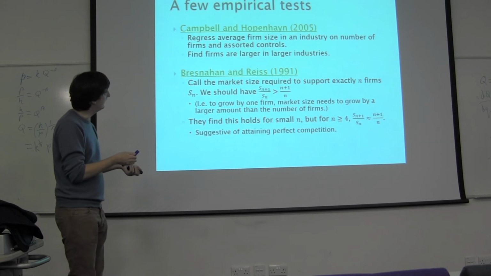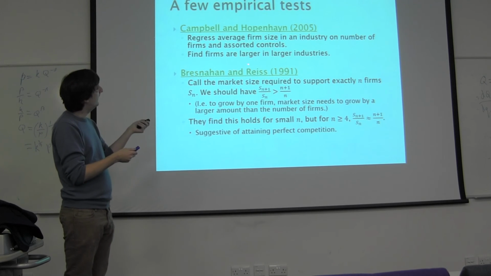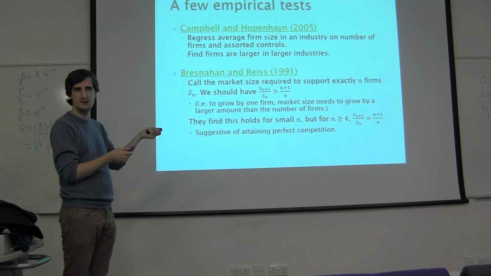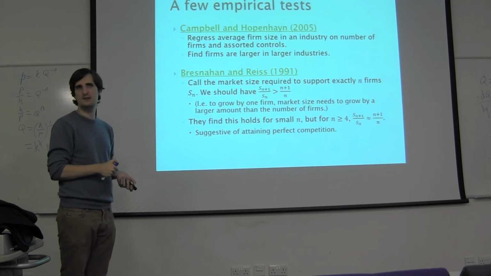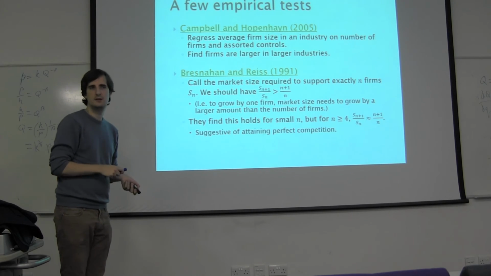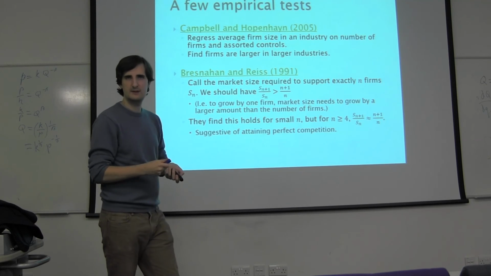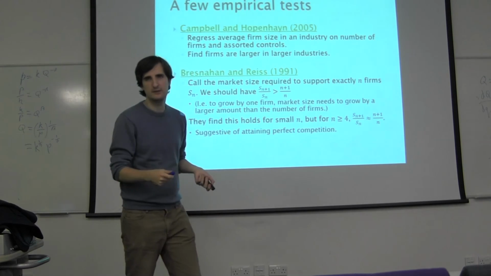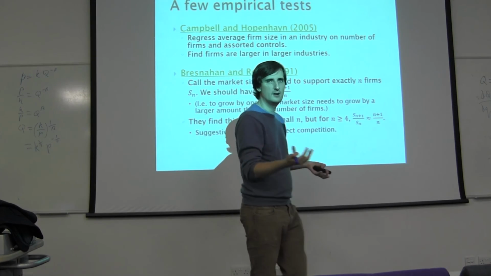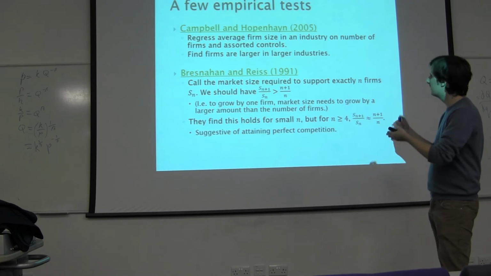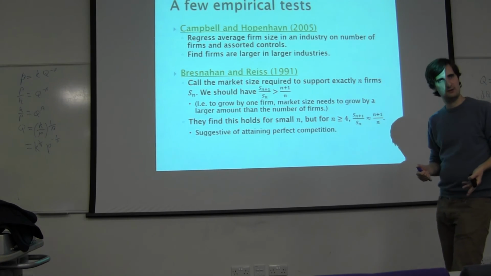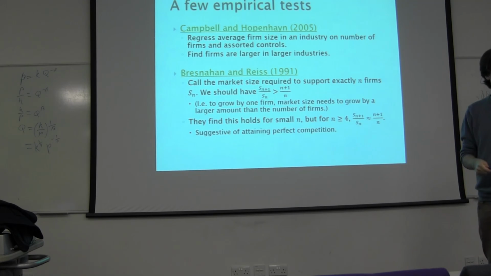But what they find is when there are lots of firms in an industry, then those firms tend to be bigger. So this is consistent with Cournot competition. Industries with lots of firms tend to have generally bigger firms. Industries with lots of firms happen when you've got very high demand, and you get bigger firms in both industries. So this is consistent with the